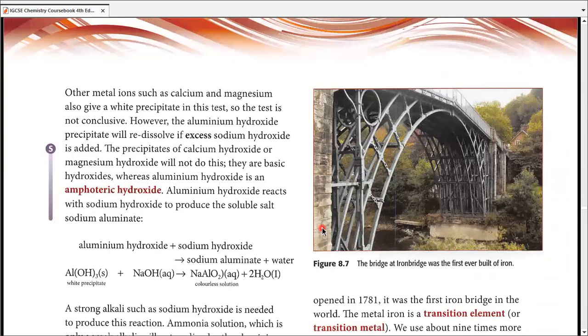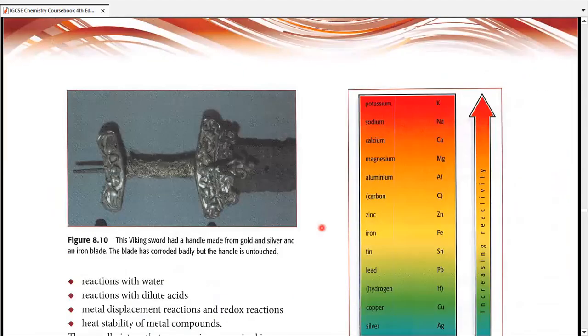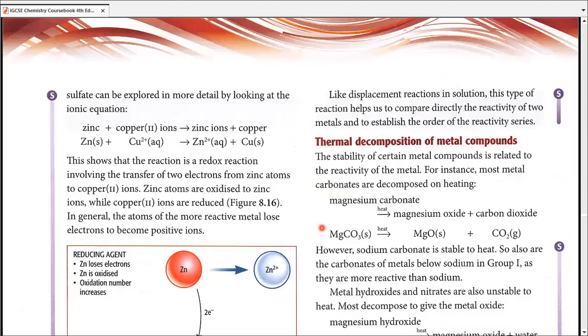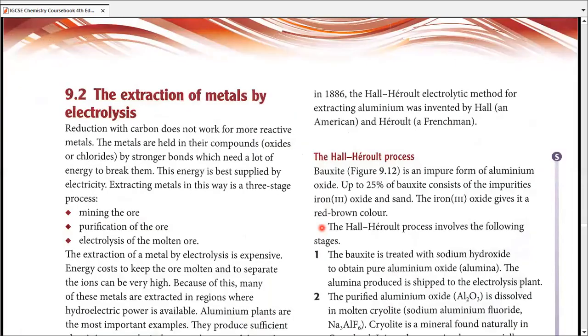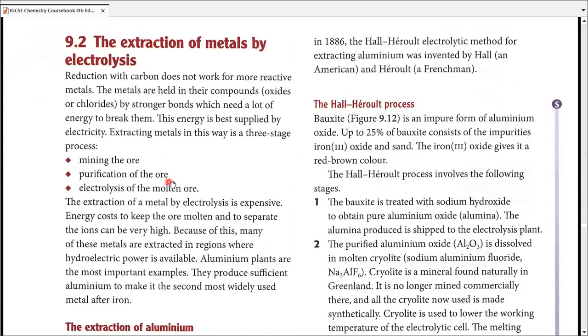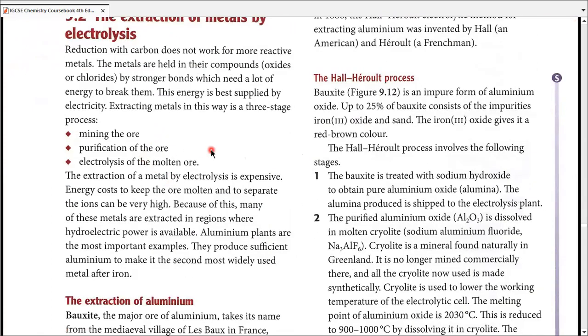Let's jump to the extraction of aluminum. Sorry, it's not chapter number 8, my bad, it's chapter number 9. There you go. 9.2, the extraction of metals by electrolysis. This tells you for most of the metals, at least for aluminum, which we're going to discuss over here, the